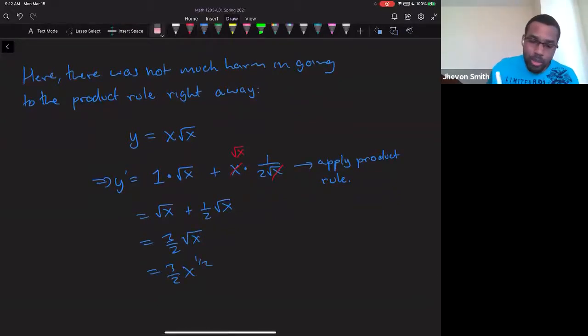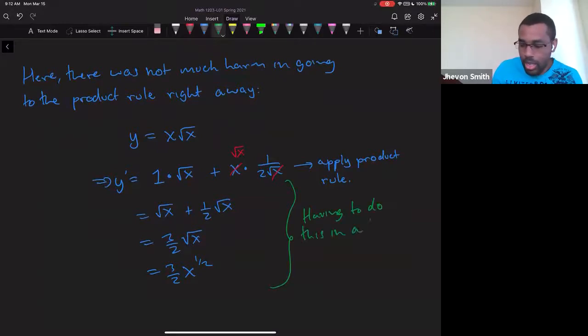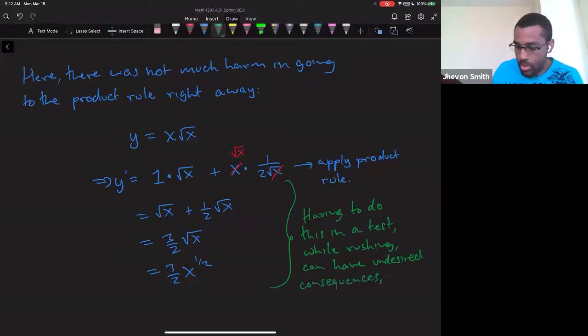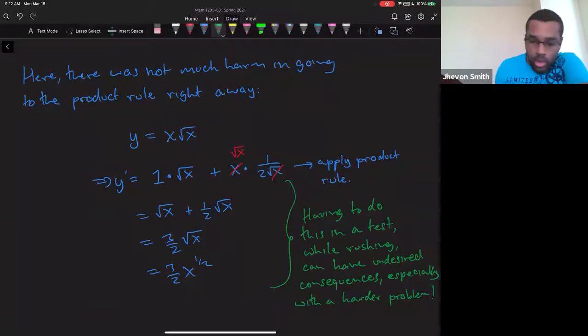And trust me, having to do this in a test while rushing can have undesired consequences. Especially with a harder problem. Right. So while it's not dangerous here,